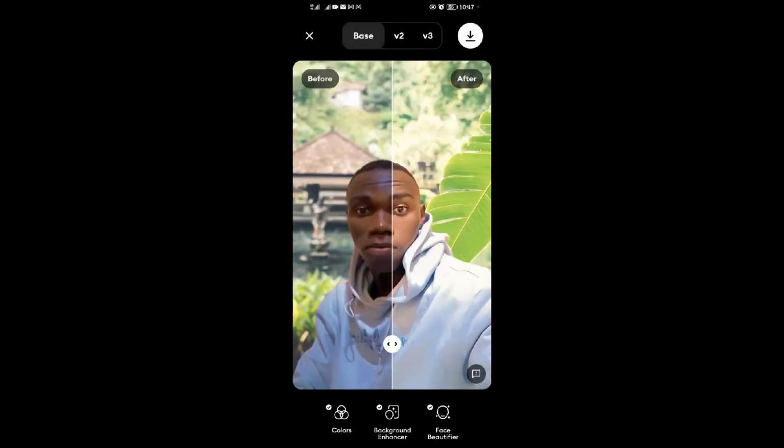Boom. So to compare the enhanced photos and the ones of the original version, when you finish enhancing, you have this line in the middle over here. So when you drag this line this side, you'll see how the photo looks like after enhancement. So when you drag it to the right, you'll see how it was before enhancement. So as you can see, when I put it in the middle, this side is for before, then here is for after. Okay, so that's how to compare the original version to the enhanced version of the photo in AI